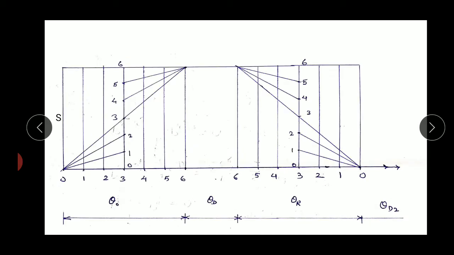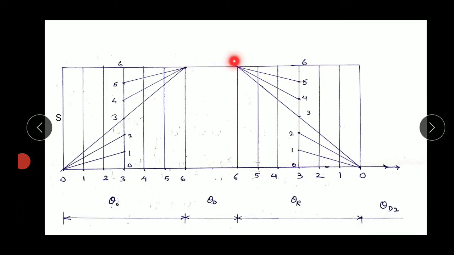Now join 0 to 1 on this line, join 0 to 2 on this line, join 0 to 3 on this line. Now you have to reach up to the midpoint of this vertical central line. So once you reach this point, now you have to leave this half part and move to the next half part. So join 3 with this end point, join 4 with this end point and join 5 with this end point. Similarly during the return stroke,